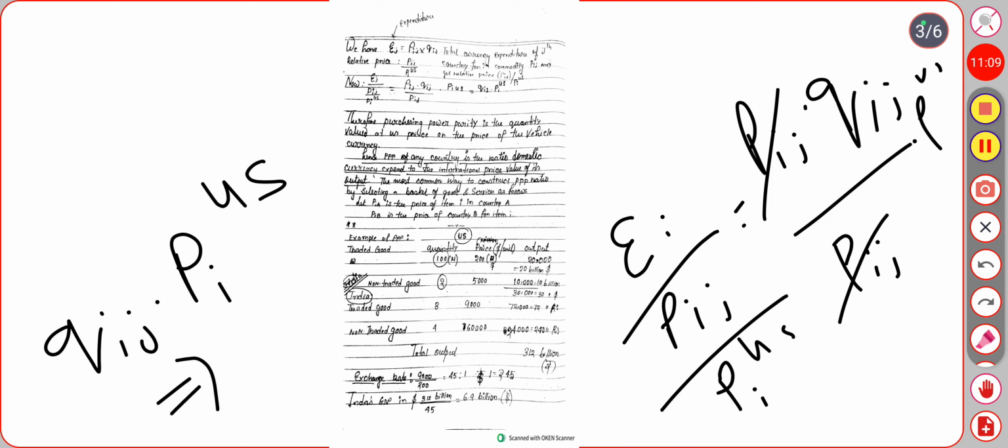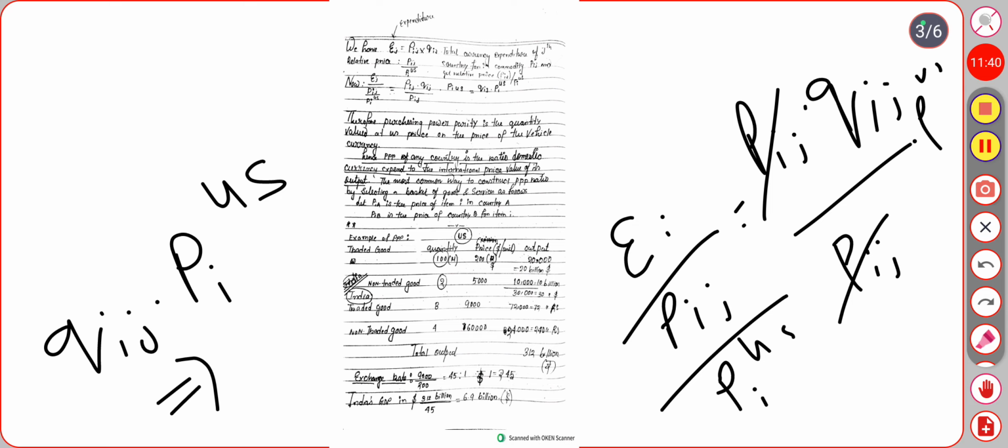It is equal to 72 billion rupees. And for the non-traded good, the quantity is 4 and the price is 60,000. So all total 24,000, and 24 billion rupees. All total is 312 billion rupees. So the exchange rate is